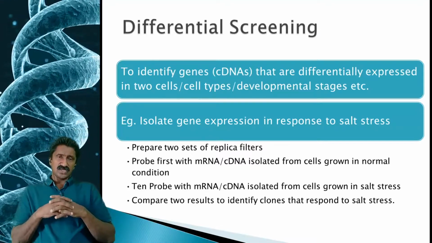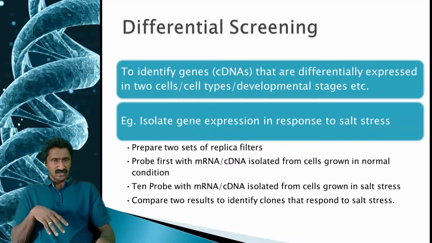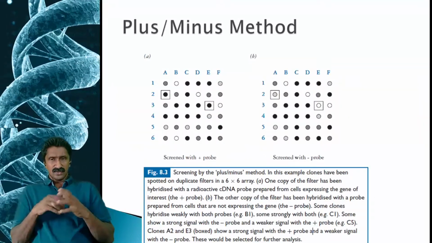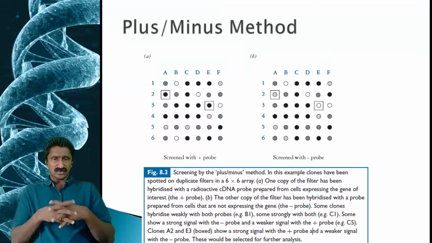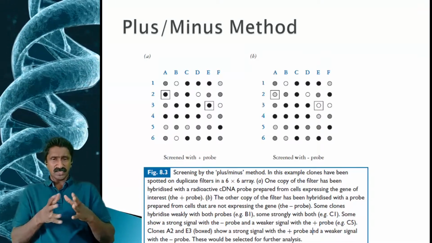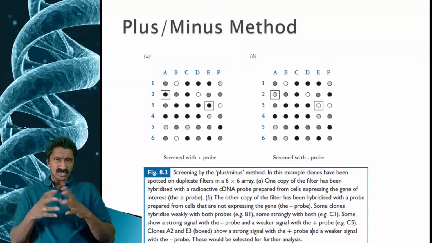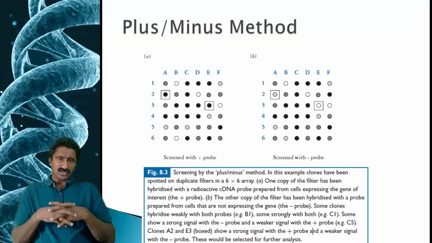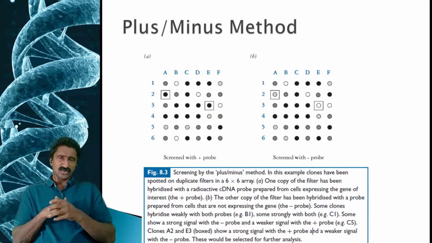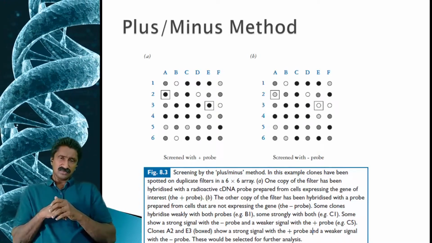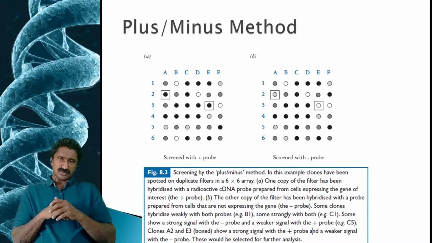And that type of screening is a differential screening. So this is a plus minus method in which you screen with the plus probe or the minus probe. So this is one strategy. So different colonies will be screened in such large numbers, and this is a part of the